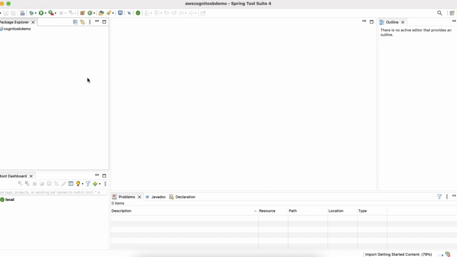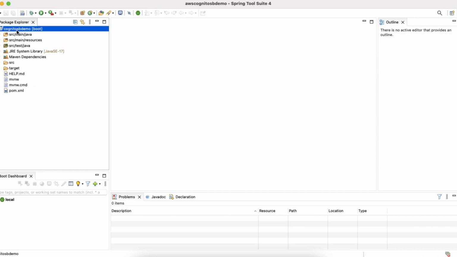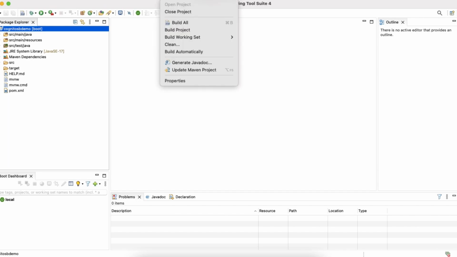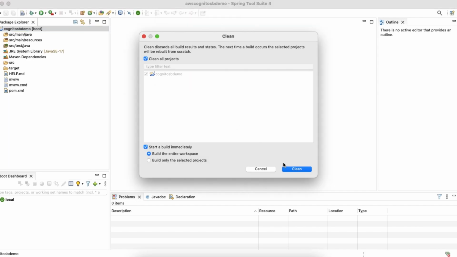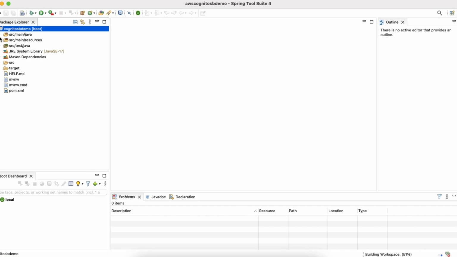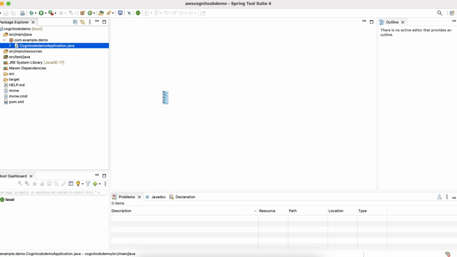So again, you can use Gradle or Maven or any IDE for that matter. I'm just trying a different option because it was creating some issues. Looks like now it is fine. So I created a starter project. It is compiling fine. I have the Cognito demo application.java here,